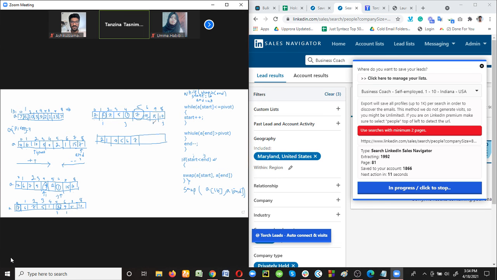This pointer value will not be incremented. Why not? Because 15, is it less than or equal to 9? No. 15 is greater than 9. So here we can stop the incrementation.